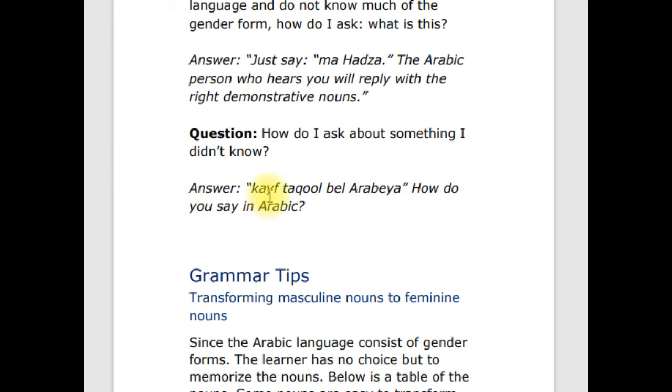Answer: كيف تقول بالعربية؟ كيف means how. تقول, do you say. بالعربية, in Arabic. كيف تقول بالعربية؟